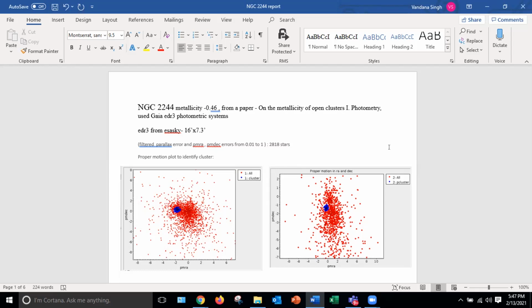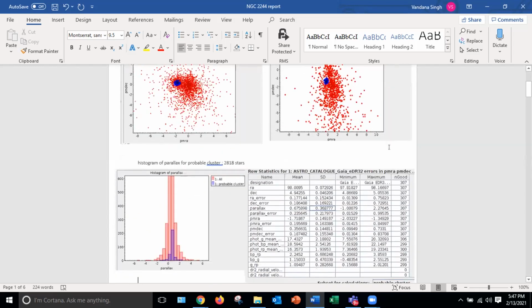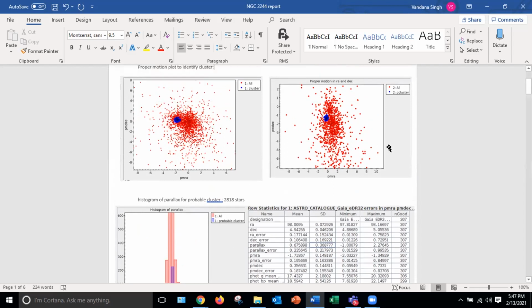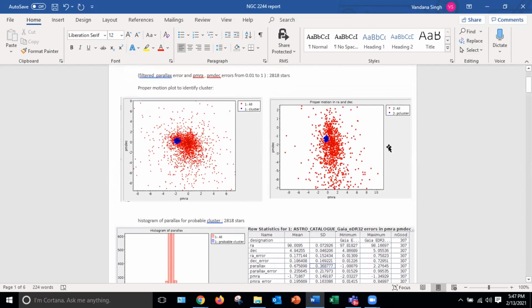Probably some stars I would have missed out. I'm not sure. Actually, if one looks at your proper motion plot, I don't think you've missed out a lot, because you have a very large amount of field stars, the red stars, which are not members. That means you have selected a region larger than the cluster. If you selected only the cluster region, the bulk of your stars would be blue, which are the cluster ones, and very few would be red. Since you have so many red ones, you seem to have taken an area larger than the cluster area. That's why you have so many non-cluster members in your plot. So I think your search is fine.